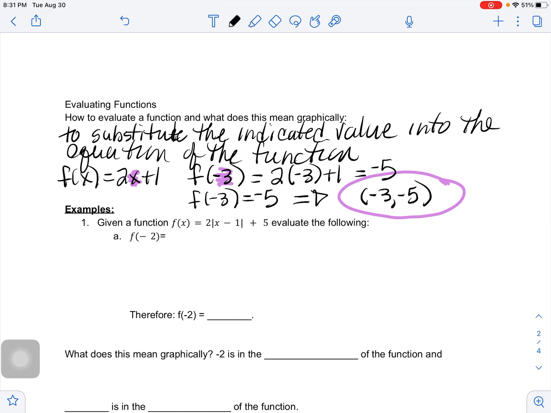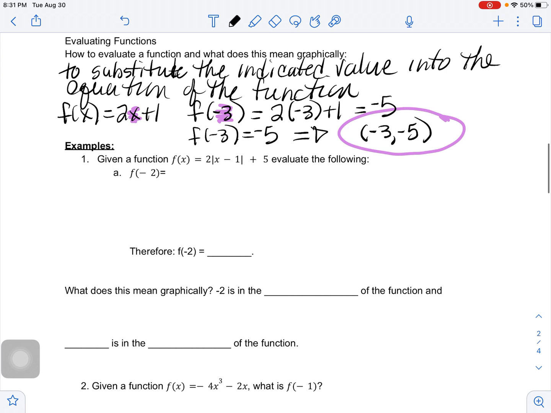If you want to graph a function, you can keep evaluating for several values of x until you have enough to create a picture or a graph of that function. So let's go through some different examples, and let's review some algebraic expressions within the functions and what to do